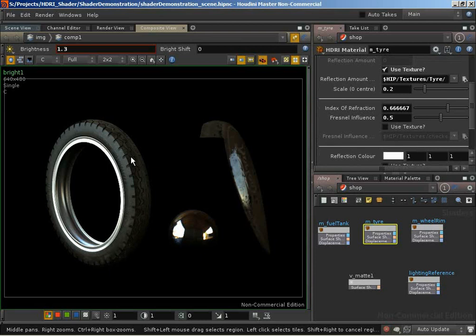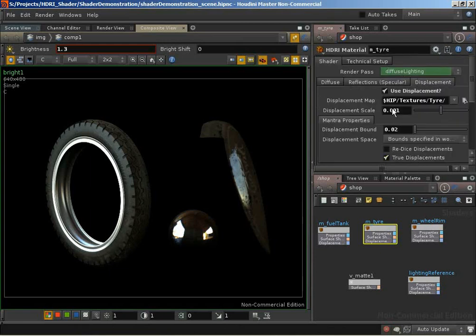This was a real-world tire that it was based on, and I felt that when we started bringing in a little bit of Fresnel, which has an index of refraction that matches plastics, we were dealing with a material that behaved more closely to rubber, especially as the wheel that I was matching had a slightly damp tire, so it had a layer of water on the top, and that really did feel like it was reflecting the light at glancing angles much more strongly than it was face on, but not quite as strong as a plastic material was, hence the fact that our influence is only 0.5. We're also dealing with displacement mapping,